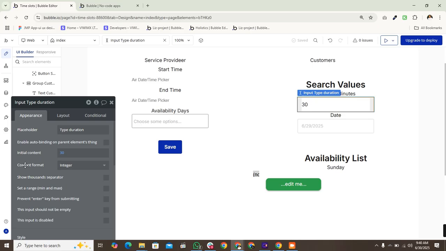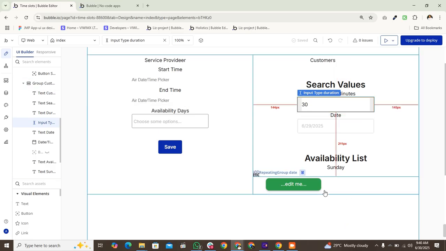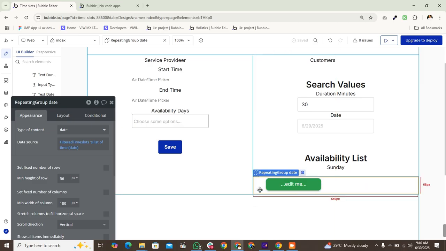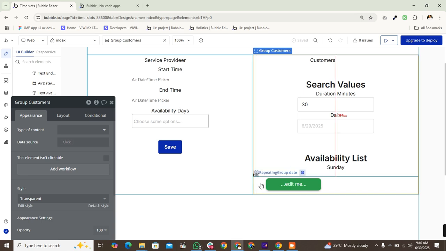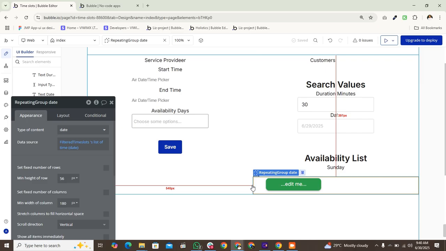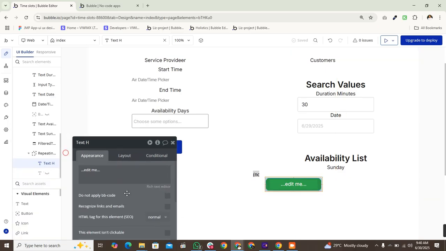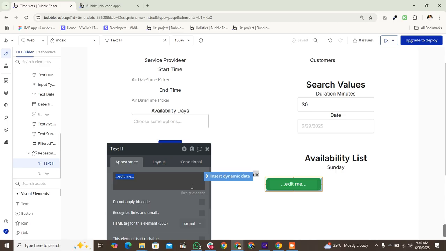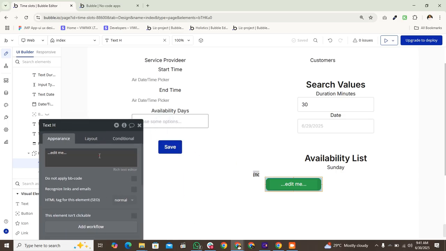So there we have an input type duration which will take the values from the user in the form of numbers. After all this is done, then we will have this repeating group where it will be referencing this filtered time slots. So it's referencing the filtered time slots value. And after it's referencing this, what we will be doing is showing the data of each cell specifically. So if I click here, this is just a text element. What I will be showing is